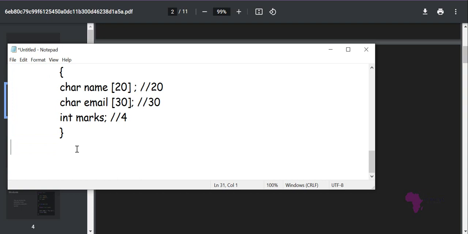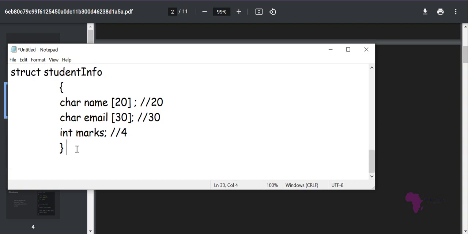Now that we have understood the structure, we have created a structure. Let's now come to creating a variable of that particular structure. How do we create a variable? There are two different ways. I can say here student1, like that. At that point I've created a variable,